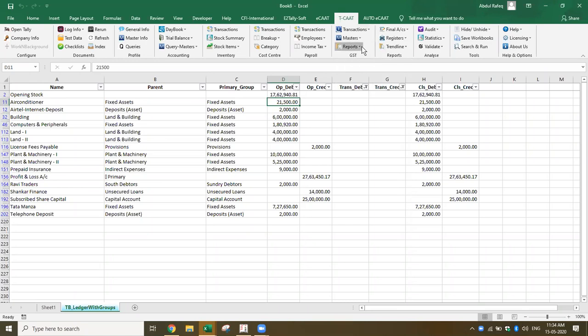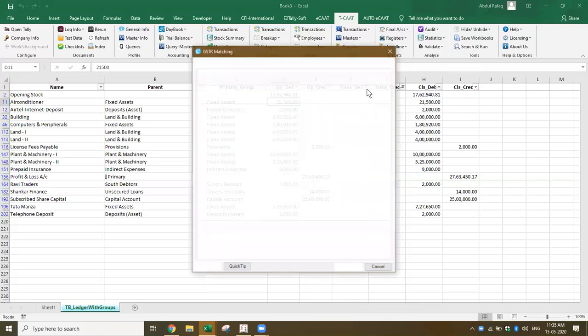Reports, for example, you have GSTR 1, GSTR 2, GSTR 3B. Another interesting thing: if you want to convert from a JSON file to Excel, or XML to JSON, you can do that. We also have one more thing called GSTR2 matching. I'll not be able to show it here.